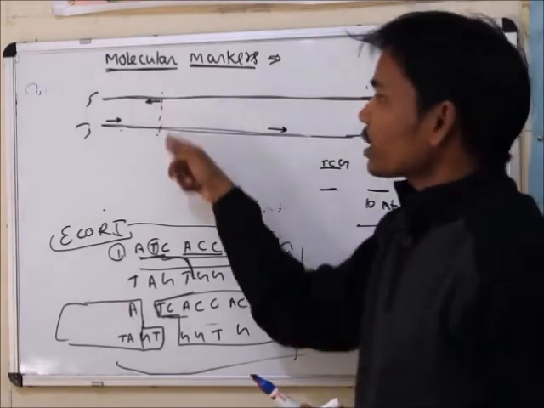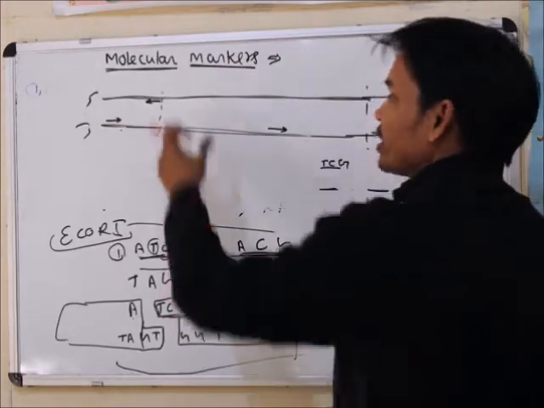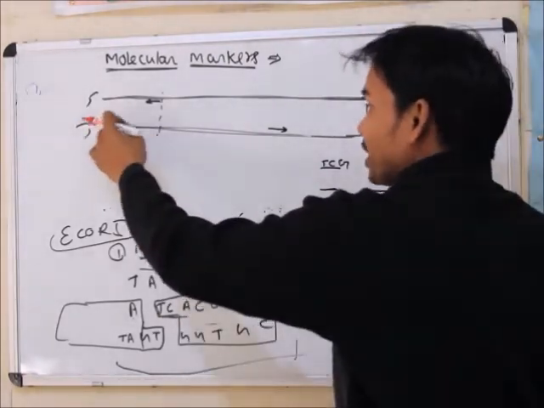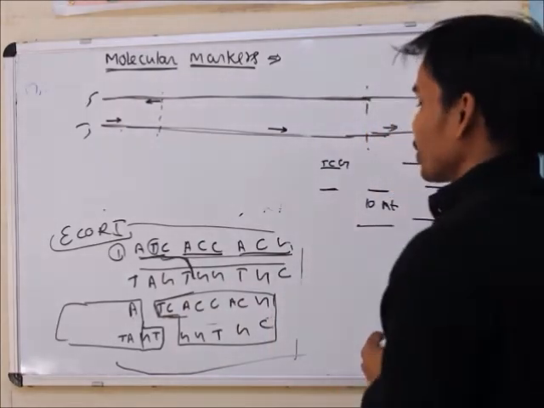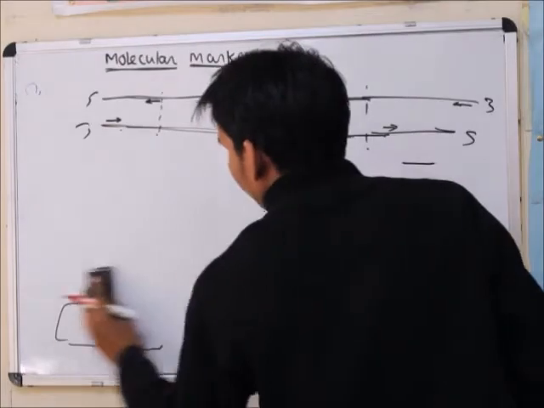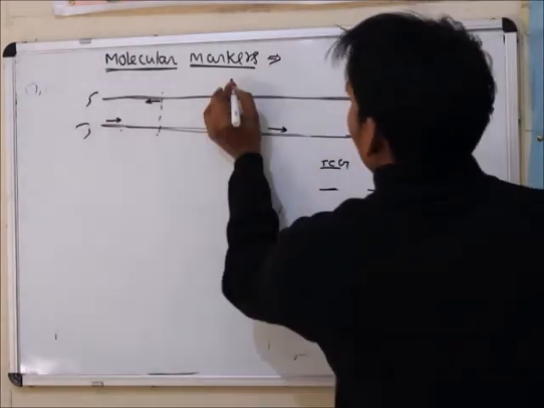I am marking this only for understanding, it is not a cut of the sequence. I am only marking for the primer if complementation occurs on that sequence. So the result requires PCR. The RAPD technique